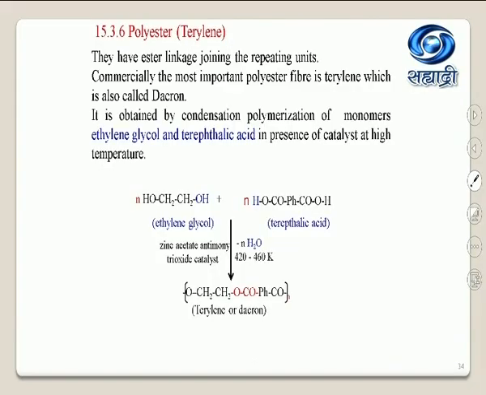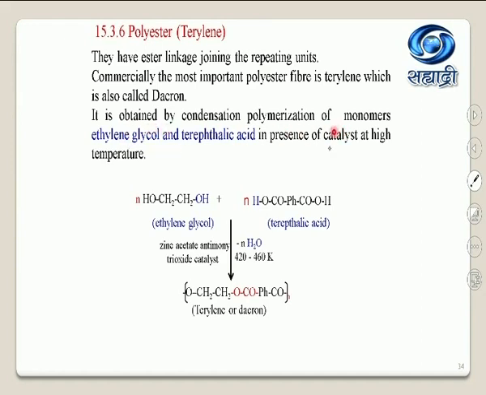So next polymer is polyester, which is also known as terylene. So here you have to remember polyester is also known as terylene. They have ester linkage joining the repeating units. Commercially, the most important polyester fiber is terylene, which is also called Dacron. So remember students, terylene is also known as Dacron, and it is the condensation polymer because it is obtained by condensation